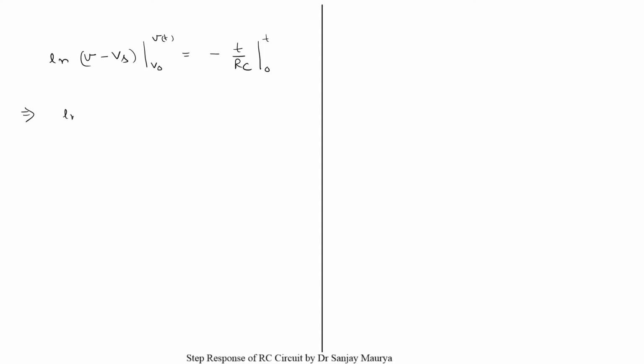So after integration, I'll get natural log of (V minus Vs) between V naught and V(t) is equal to minus t by RC. Here t goes from 0 to t. So after solving this, I can get natural log of V(t) minus Vs